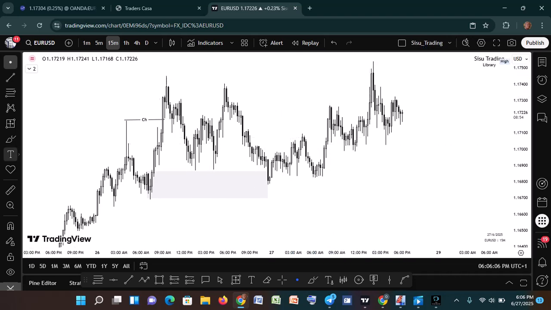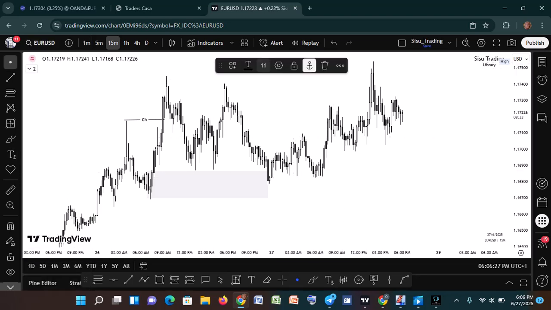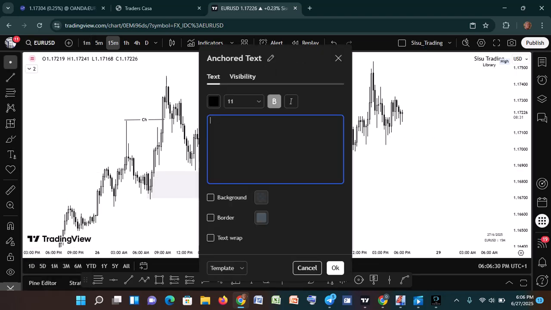And you also have text anchor. Anchored text, right? If you know the meaning of anchor, you don't need to go far. An anchor is an instrument or material that makes something stand very well, to protect something from moving around, right? So that is the normal English. So if you use text anchor and you write anything, maybe